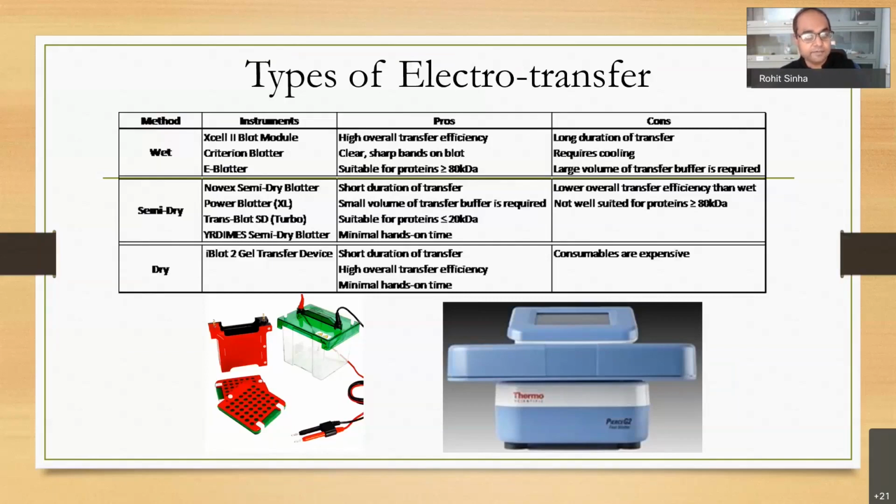It is very good if you want to transfer your heavy proteins, like more than 80 kilodaltons. But it takes a lot of volume of transfer buffer, and it takes a lot of time, and you need regular cooling of the transfer buffer because it really gets hot. The other, newer methods of transferring proteins are semi-dry and dry methods. The most popular is the semi-dry method, in which you use